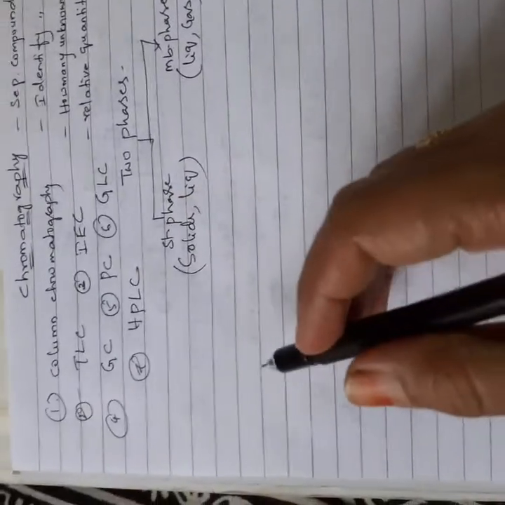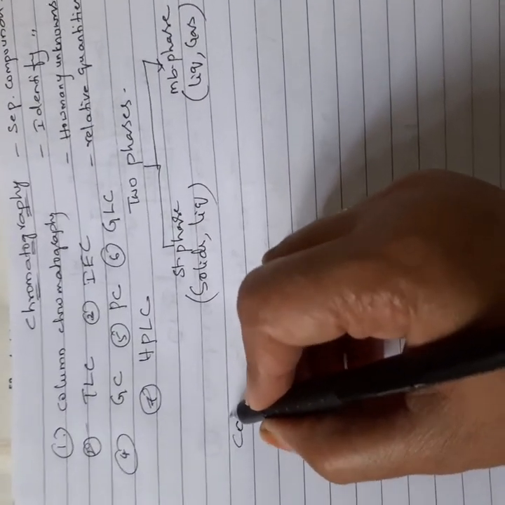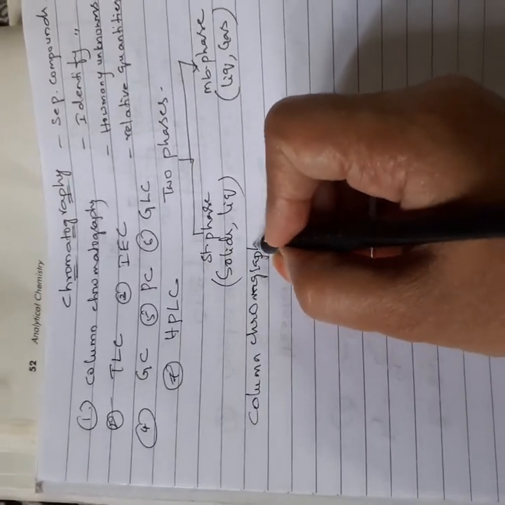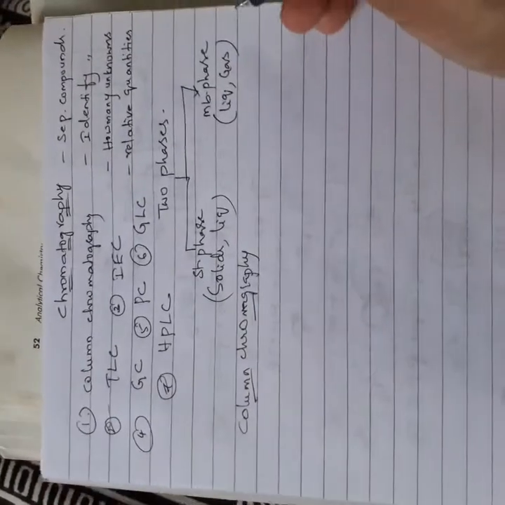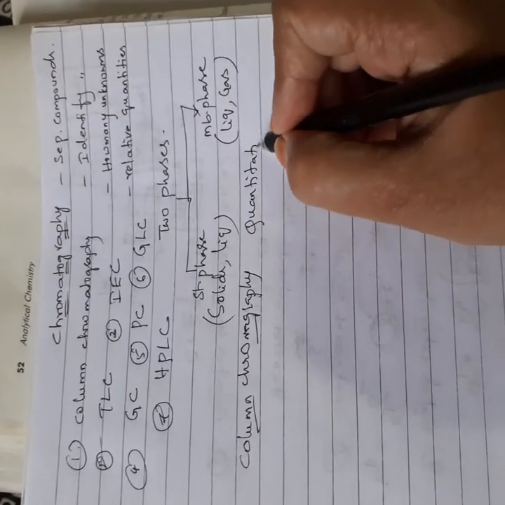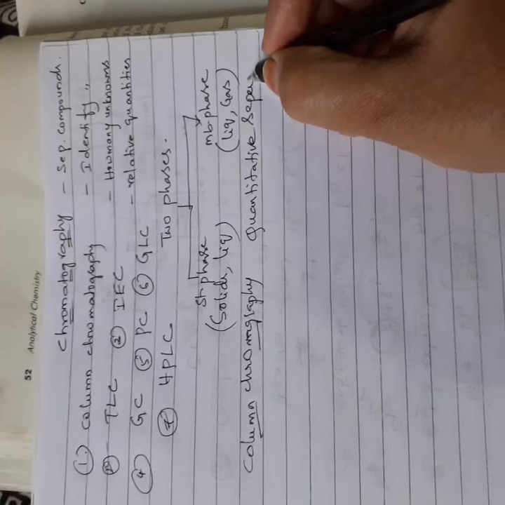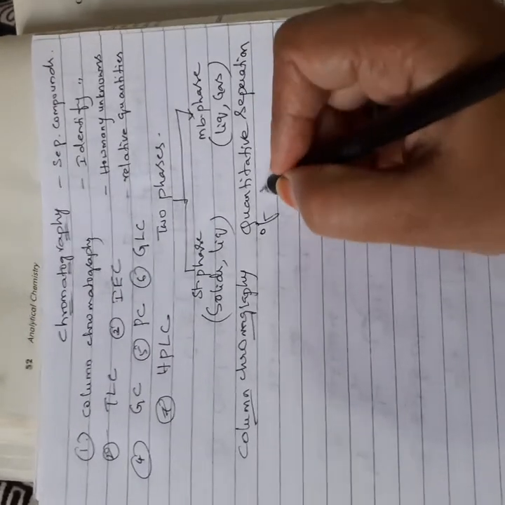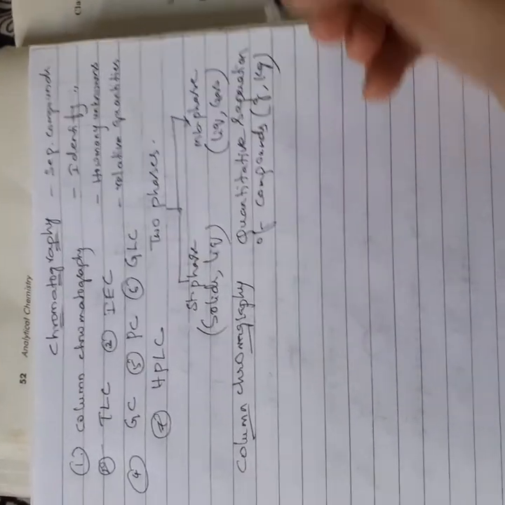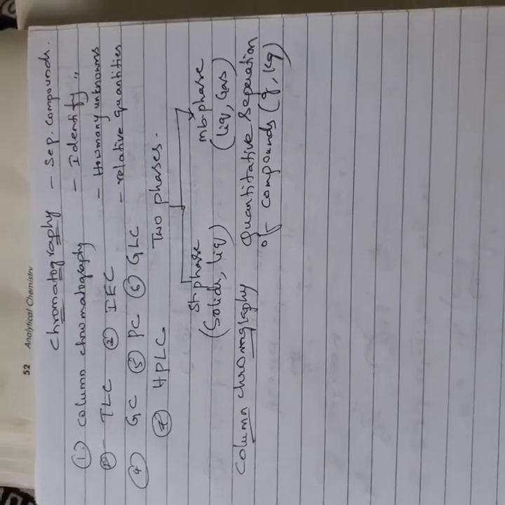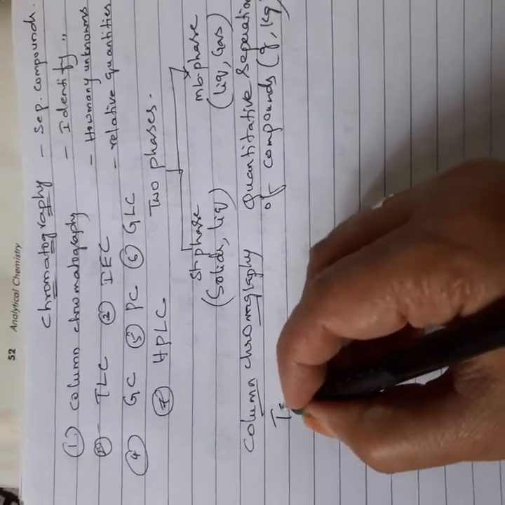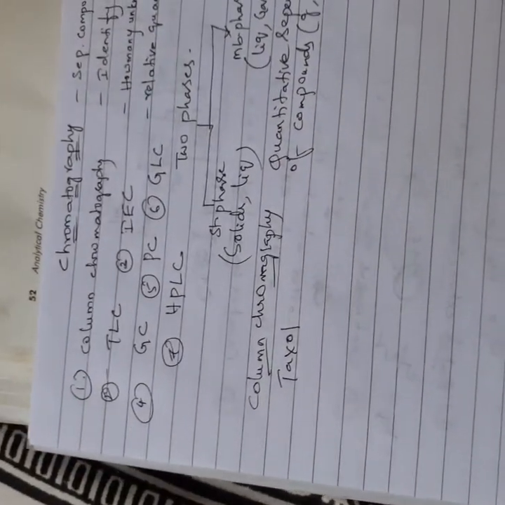Now among these chromatographic techniques, I start with column chromatography. Mainly, column chromatography helps us with the quantitative separation of compounds. It is always highly useful for the quantitative separation of compounds. Even in grams or kilograms you can separate by using column chromatography. One example is the anti-cancer drugs Taxol and